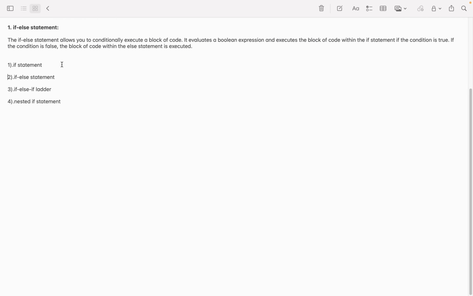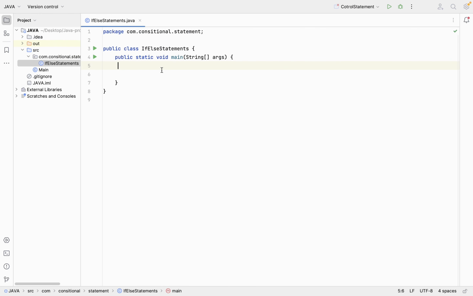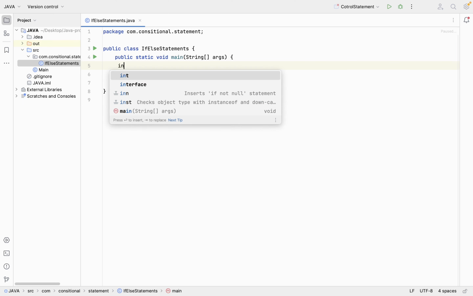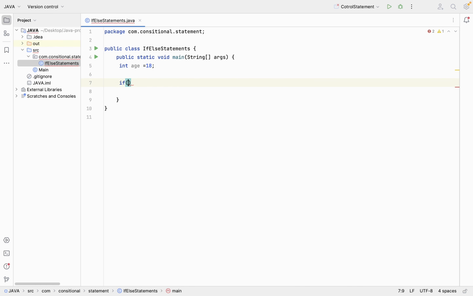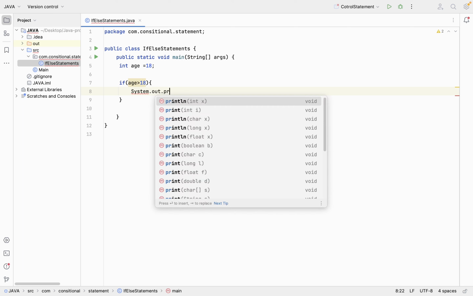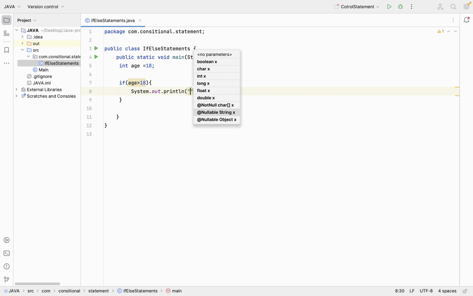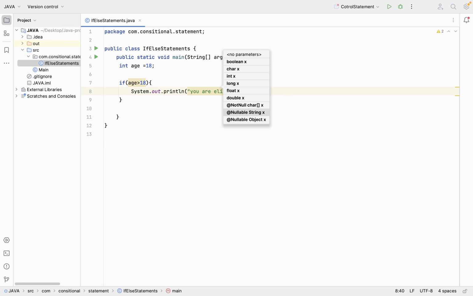But before that I will show you which condition I am going to write. Here I am going to write the if statement. I am declaring one variable called age, and here I am going to put something like 18, and after that I am going to put an if condition. If age is greater than 18, I am going to put a statement, System.out.println, and inside that I am going to write "You are eligible